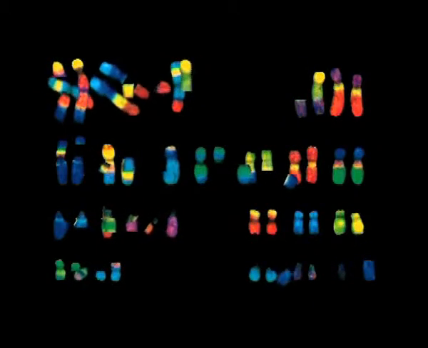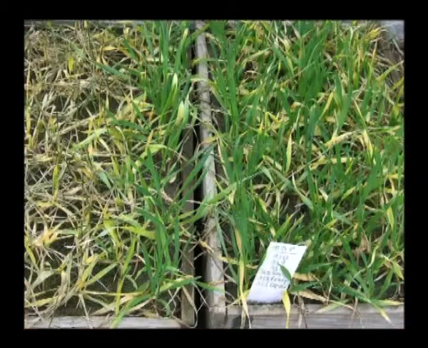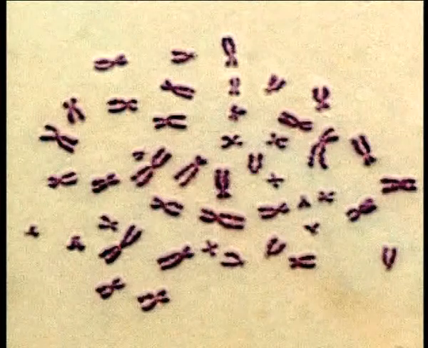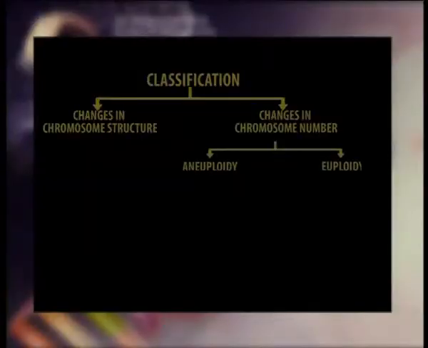However, they can be induced in a relatively high frequency by several radiations and chemical agents. In addition, some genes are also known to induce chromosome breakage, like the activated dissociator gene of maize and other transposable elements of eukaryotes. Dear students, the second major class of chromosomal alteration, that is numerical chromosomal alteration, represents a deviation from the diploid state, which is often referred to as heteroploidy, and individuals possessing the variant chromosome numbers are known as heteroploids. The various heteroploid states may be grouped into two classes, that is aneuploidy and euploidy.